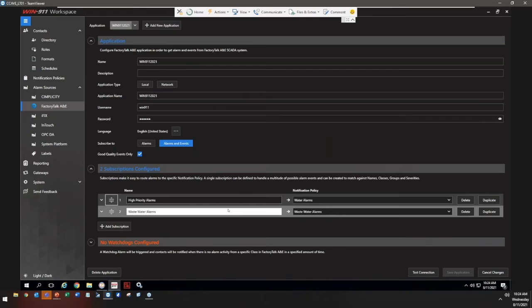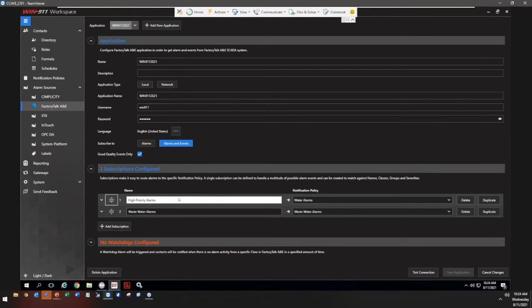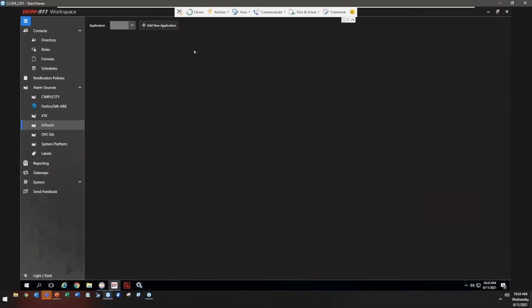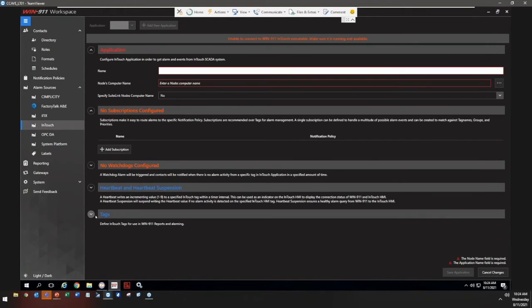So again, we need to trigger an alarm either through subscription or through an import. We need to assign that subscription or that alarm to a notification policy. That notification policy triggers the contacts and the voice or the notifiers. Before we actually get into testing and showing you the log viewer and whatnot, let's talk about importing alarms. So if we were to go to something like InTouch,